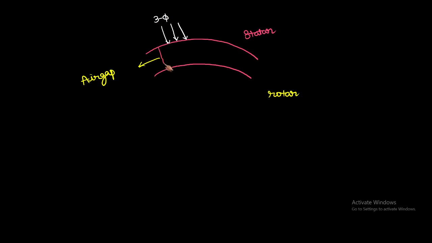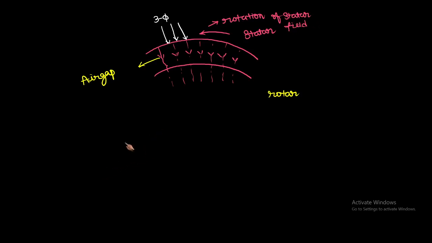Okay, let us take the field was produced like this and it is traveling like this. You see here, I am indicating the rotor field. So the field is rotating in this direction. Let us consider the stator field is rotating in the anti-clockwise direction. That is the stator field. Let us write this as the rotation of stator field. In this direction it is going to rotate.